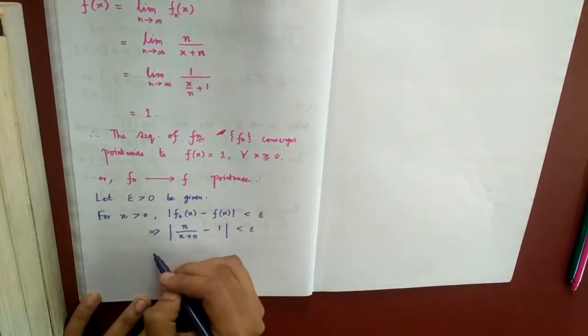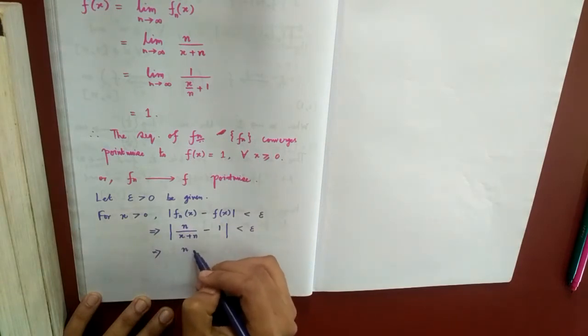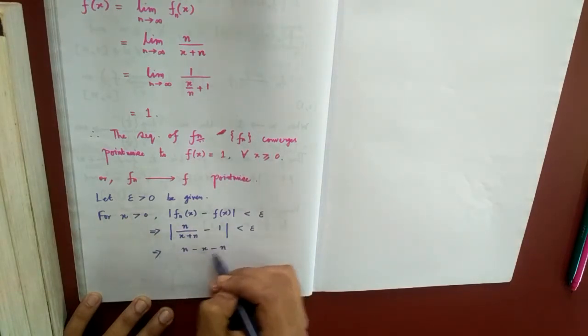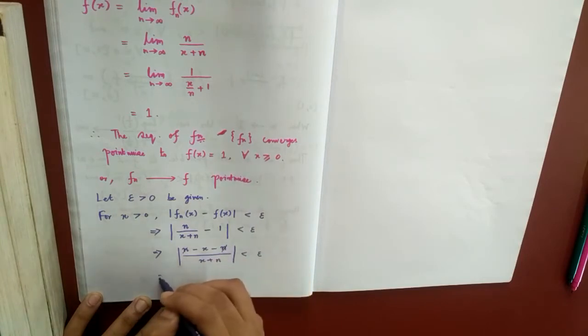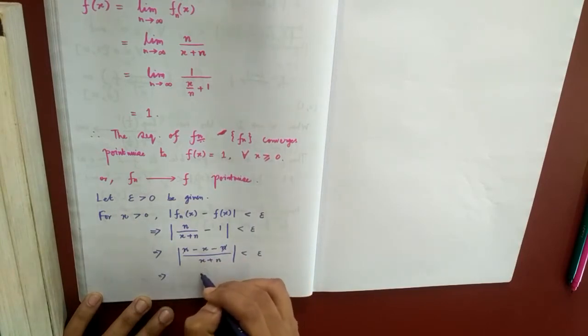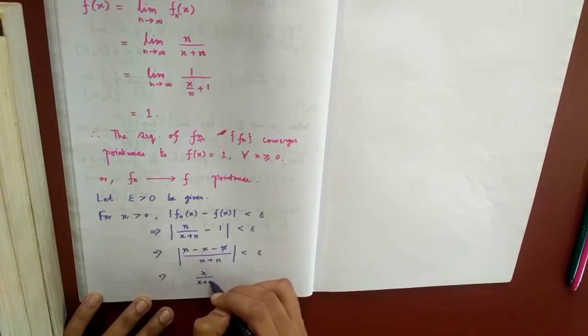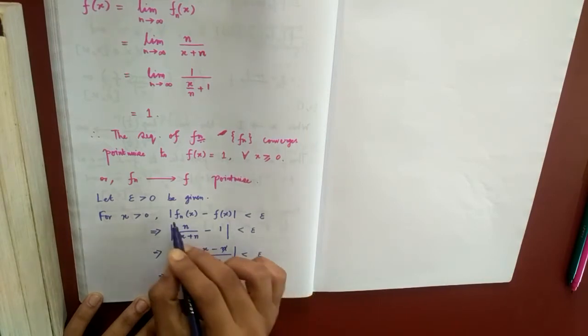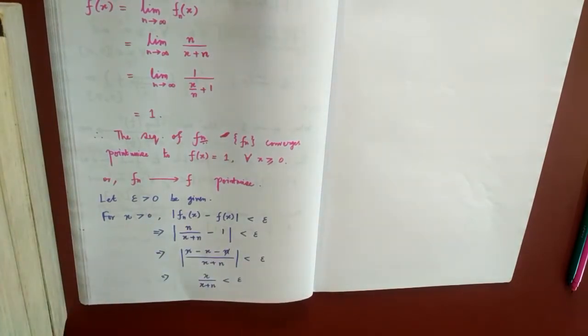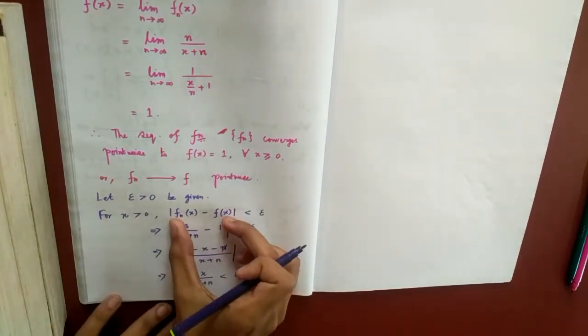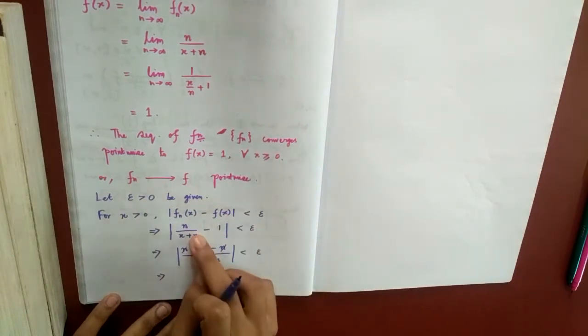Simplify this. This is (n − x)/(x + n) minus ... this is less than epsilon. N got cancelled. Modulus of minus x is x because x is positive, and x plus n is always positive. So this is the case. So this is less than epsilon. So this quantity will be less than epsilon when this holds,